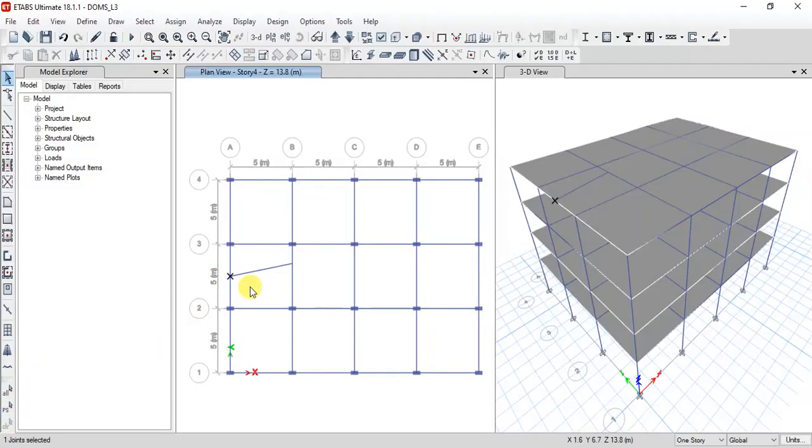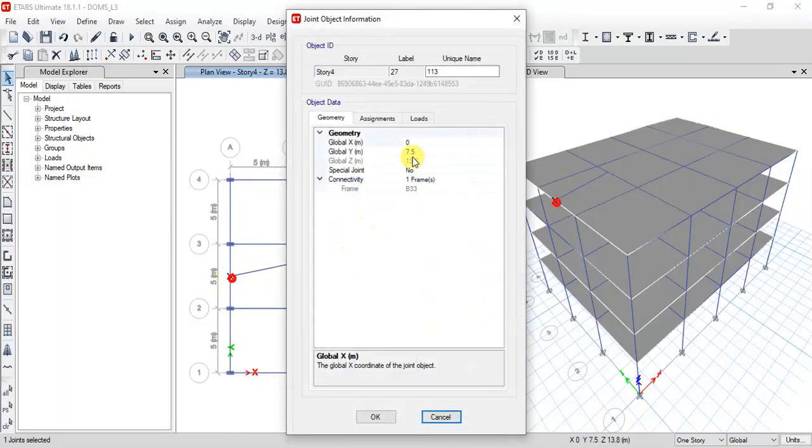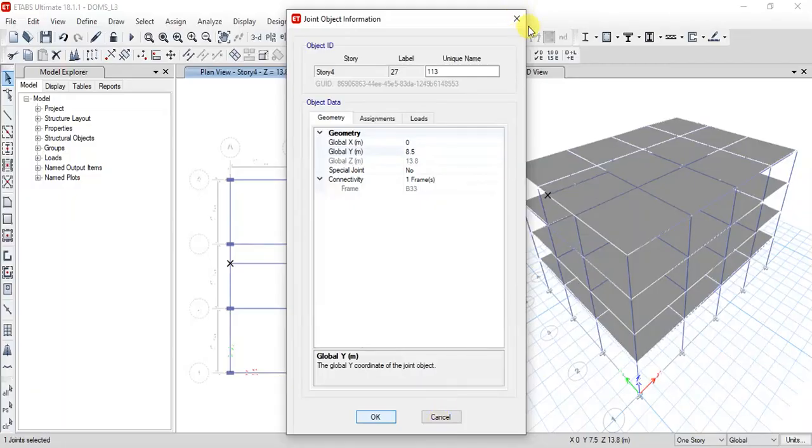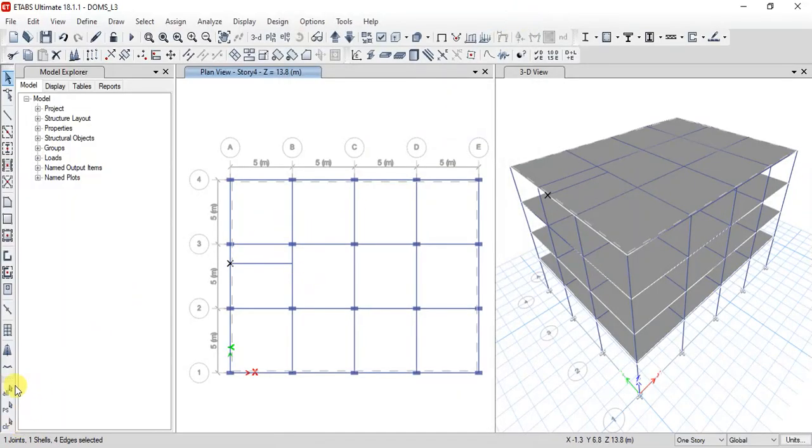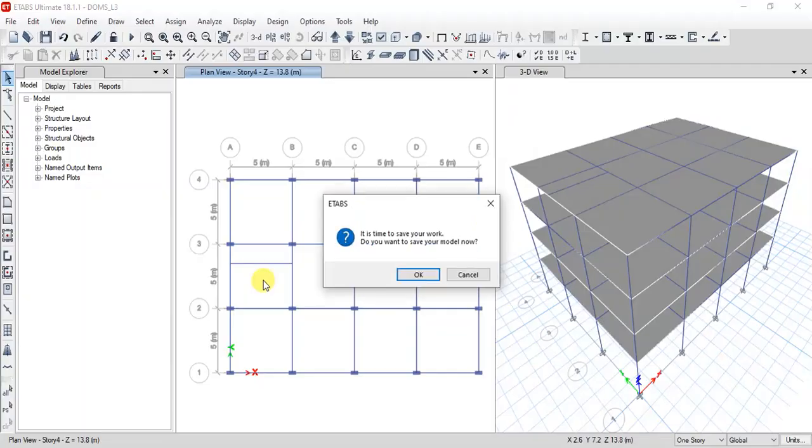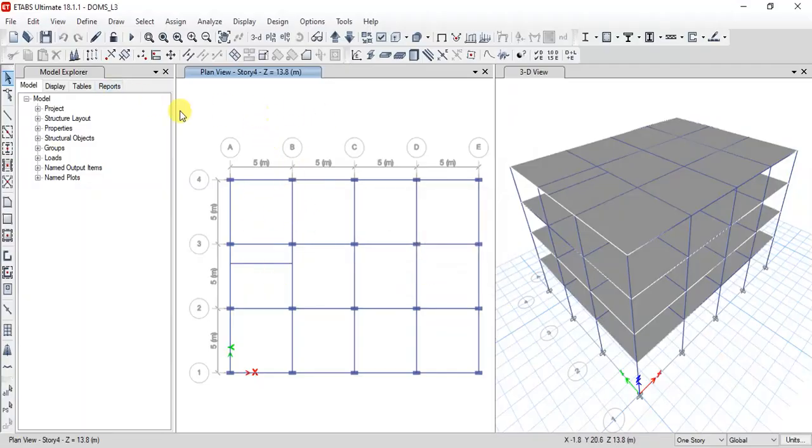Similarly, you repeat the same way. You move this joint also, if you need to move it again by 1 meter, and you have to make this a horizontal beam, so you can repeat the same. Make it 8.5. Click OK. So like that, if you want to introduce any beams in an already predefined plan, you can do that. That option is also available. So now let us run the analysis, and let's see how we will be able to get the results in ETABS.